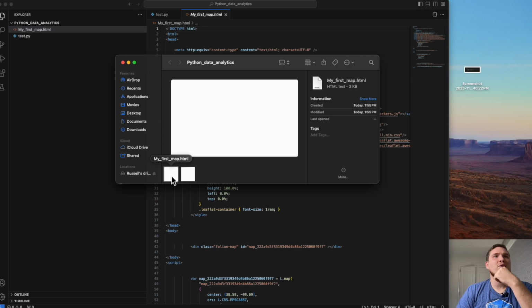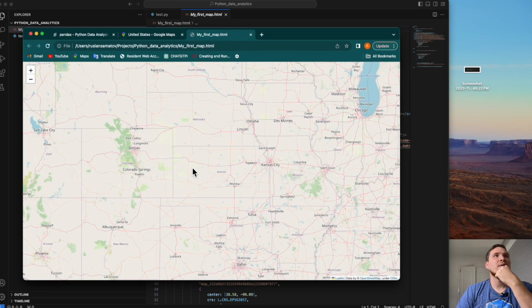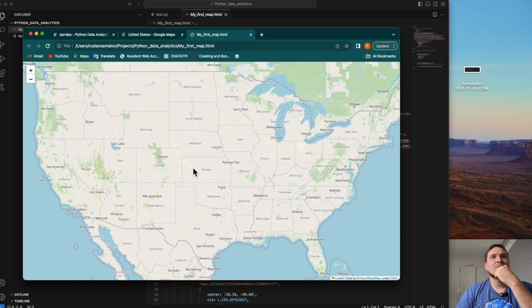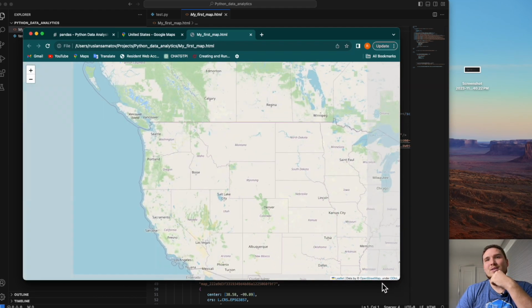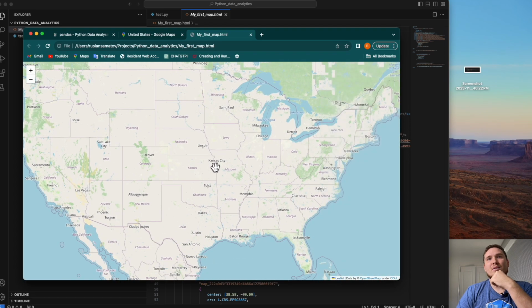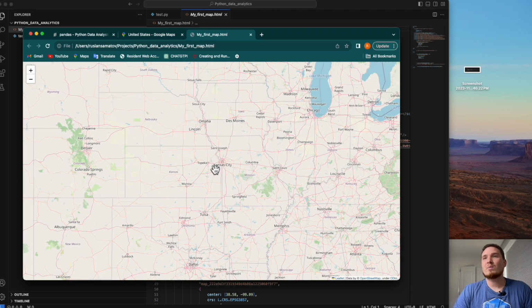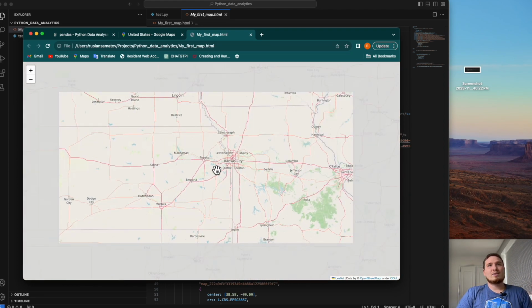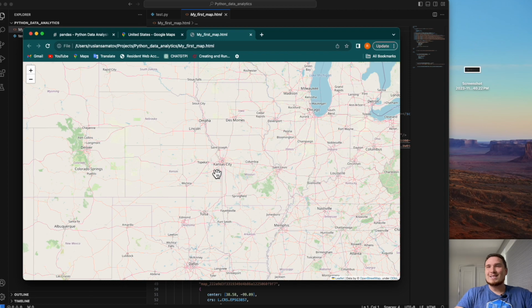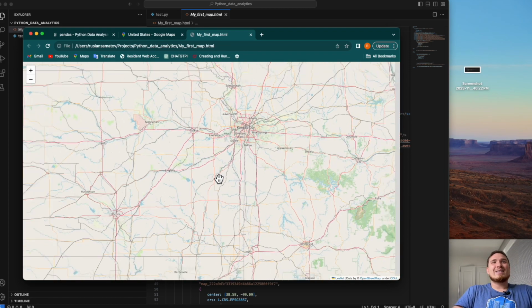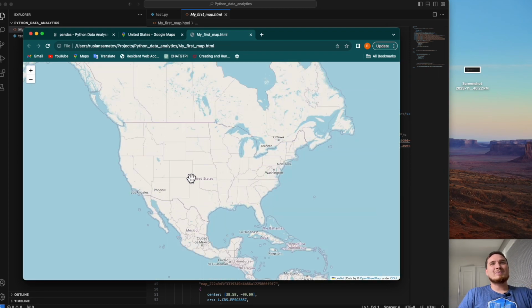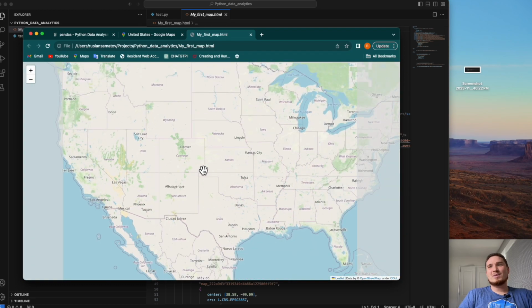Okay, and let me open that. Here we go. We have created our first map. And as you can see, we pull it from OpenStreetMap, which is a free resource. And you can modify the resource from where you want to pull your map. So yeah, my congratulations. You have successfully imported all data from the resources.